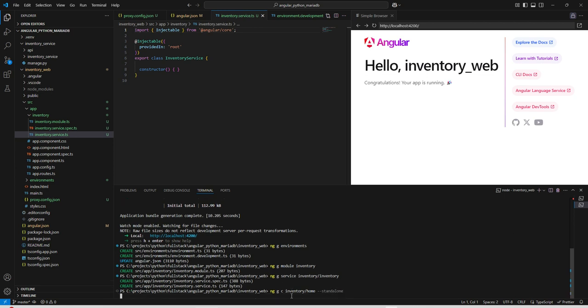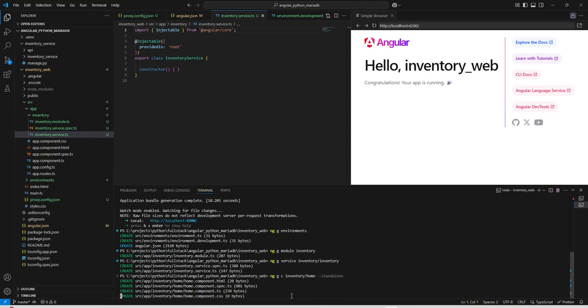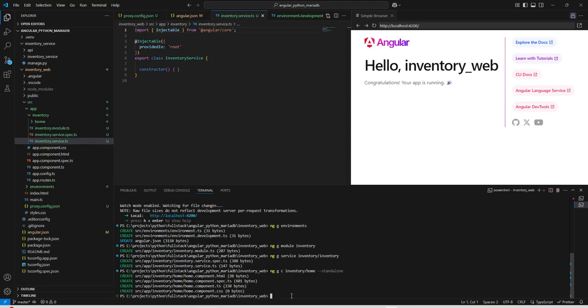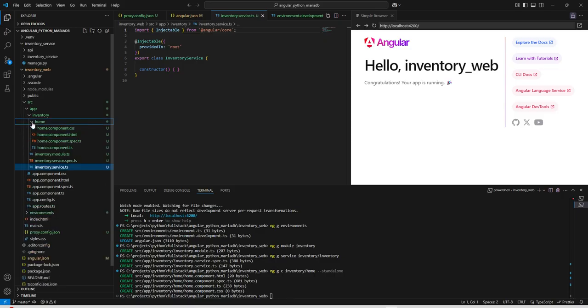Now this is the home component, wherein we are going to show most of our controls and most of the functionalities like CRUD operations, and we are going to create a table using Angular material table, and we are going to perform searching, sorting, pagination. In that sense, most of our functionality and controls we are going to show on home page. Now we can see the home component is created, and each component has its own CSS file, HTML file, test